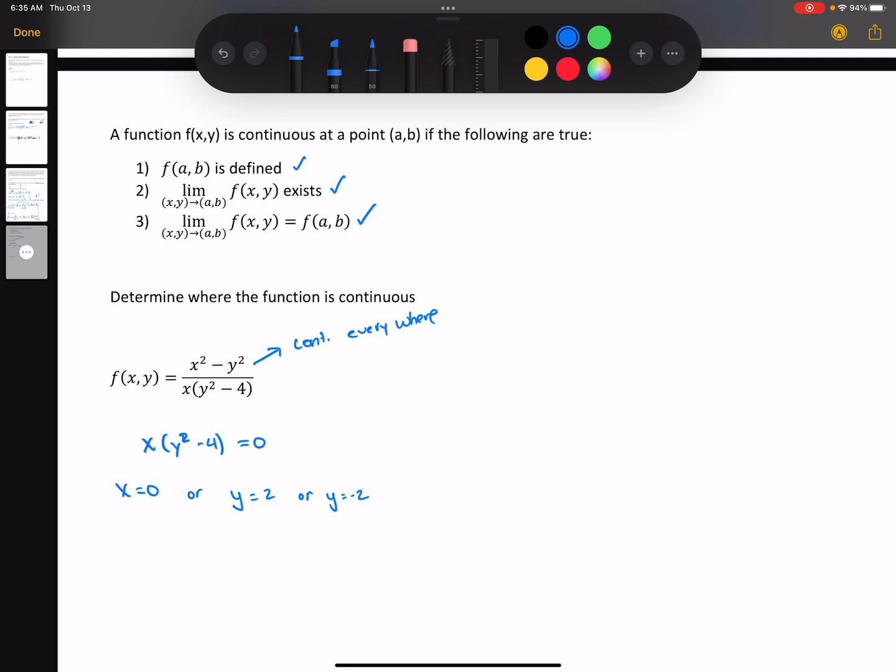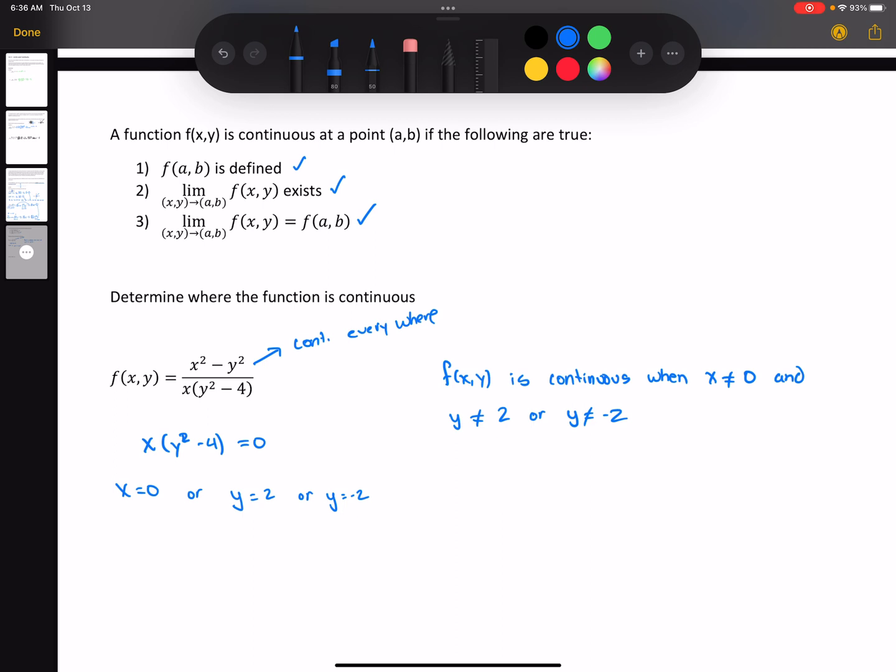So in total, we say f of x, y is continuous when x is not equal to 0 and y is not equal to 2 and y is not equal to negative 2. So any point that doesn't have those as coordinates